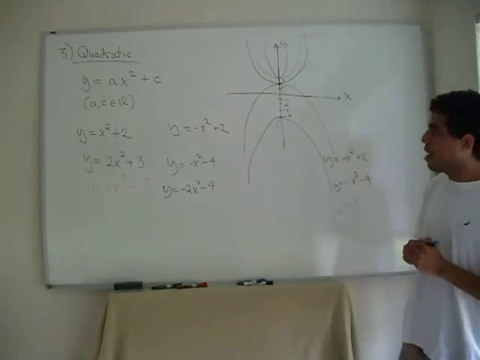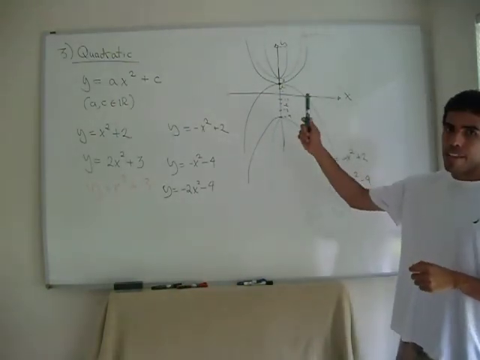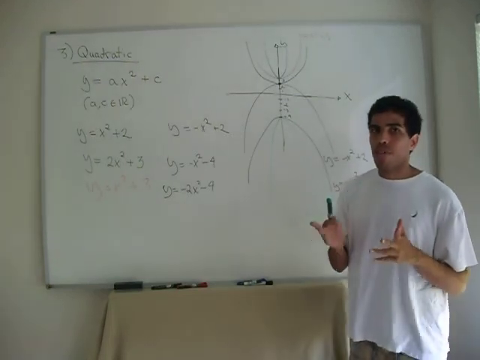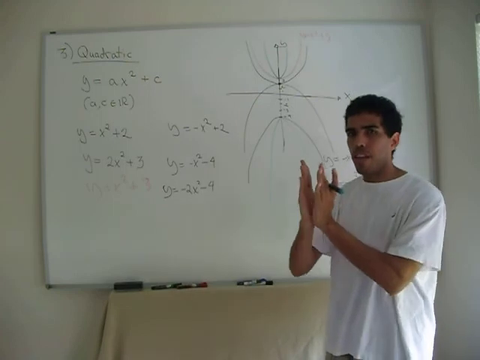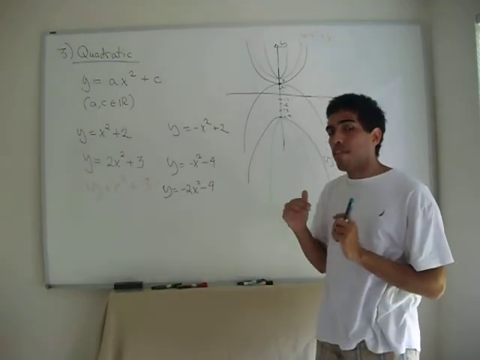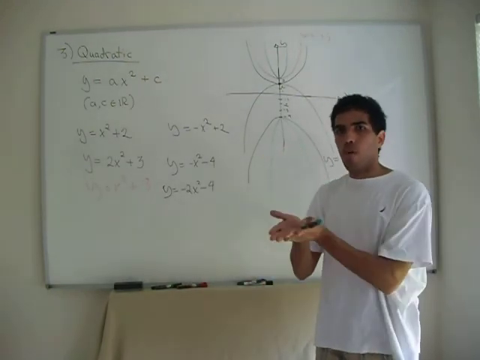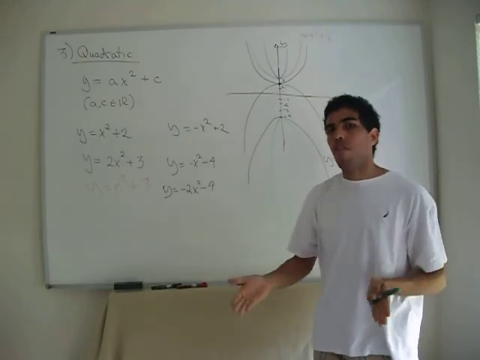And there you go. As you can see, a and c are very important in quadratic equations because you are able to determine the degree of convexity that the function has, how wide it opens, up north or down